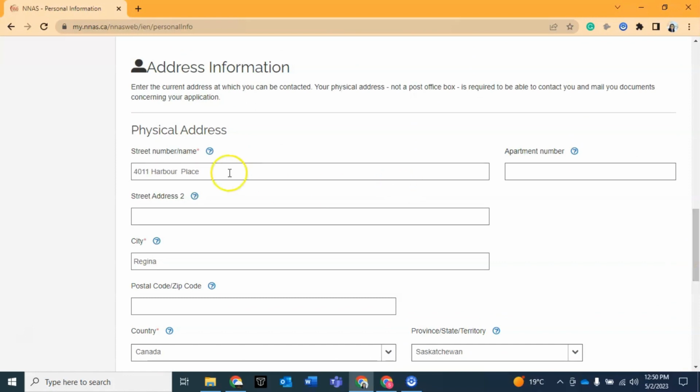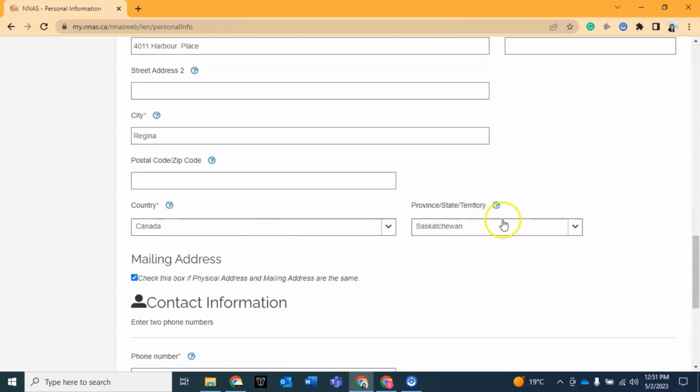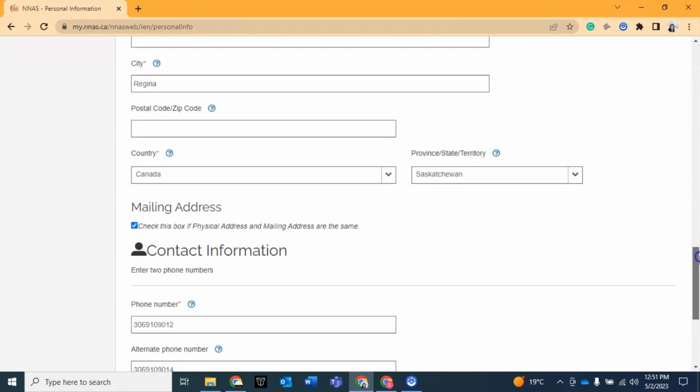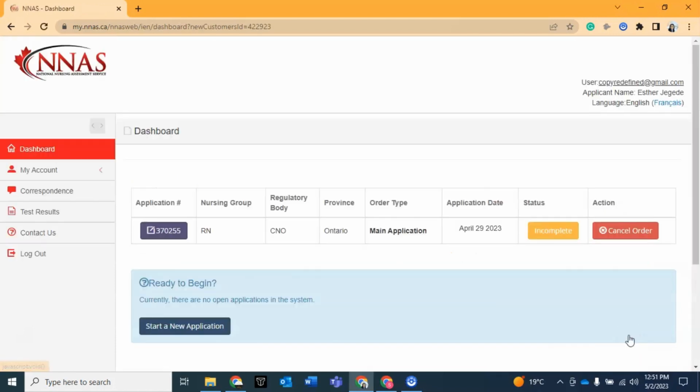And then your address. So you want to put your street name, your city, your country, and your province. Okay. And then your phone number. So the primary phone number is required. So you put the best phone number that you can be reached at. And then you submit. Okay, so the next one would be,